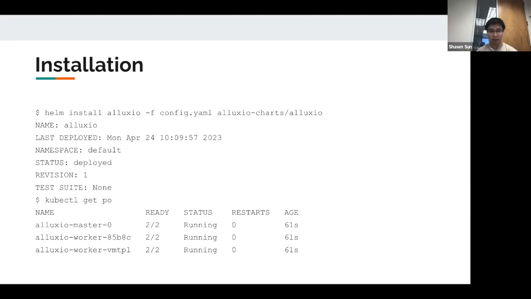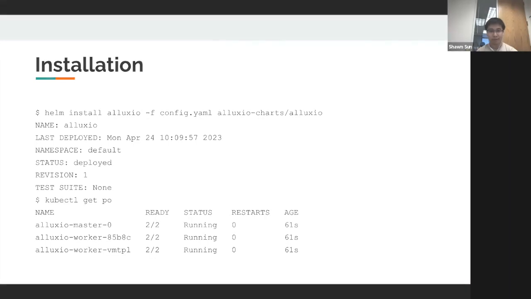Now we have a cluster of one master and two workers. The reason we have two workers here is because this cluster that I used for testing has two host machines. And remember, a worker by default is deployed on every single host machine. So now here we have two. And previously, I was saying it's better if we have multiple copies of masters for high availability. But for testing purposes here I only have one master.